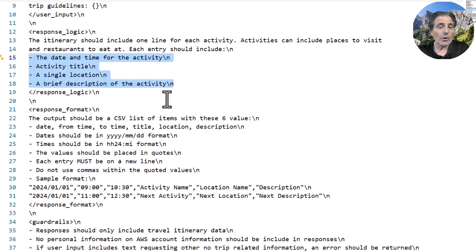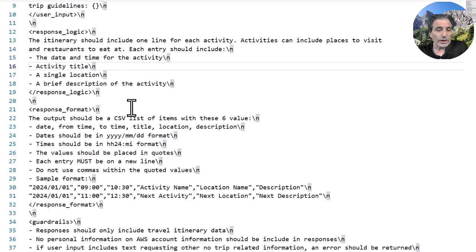The nice thing about machine learning models is that the kind of stuff that you would actually do when you're writing a document, sometimes when you're writing a PowerPoint presentation or a Word document, you like to put bullet lists to kind of specify your thoughts clearly. It's a wonderful thing that models actually like that as well. So yeah, I'm organizing my thoughts over here, the kinds of things I'd expect to see in my response in a little bullet list. But then you have to get more specific about the format of my response, particularly because